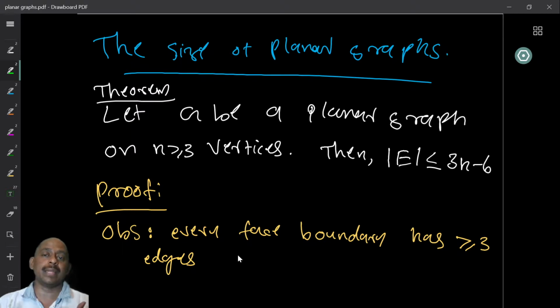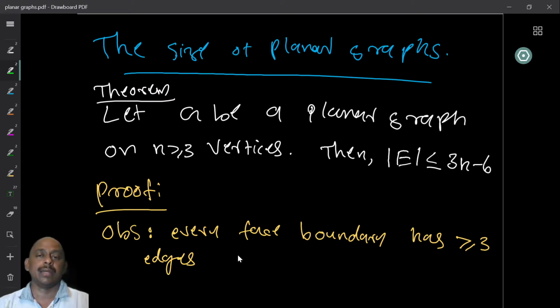Because you have the Euler identity which says that number of vertices plus number of faces is equal to number of edges plus 2. So since every face has at least 3 edges in the boundary, this puts a restriction on the number of edges. Now, we want to use this idea to prove formally that the number of edges